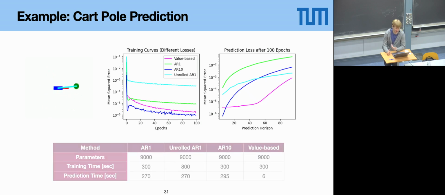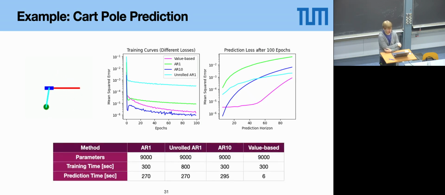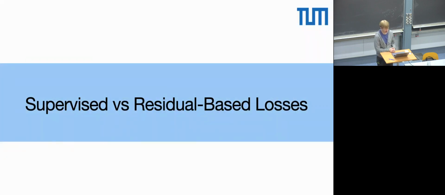And another thing that I mentioned before: if we compare some data of the training setup, especially the last row where the prediction time is written down for each of the models, you can see again that the autoregressive models take much more time for predicting. This is because for 50-step predictions, they have to evaluate the model 50 times. In contrast, the value function needs just one network call. Yeah, so this was about the model.